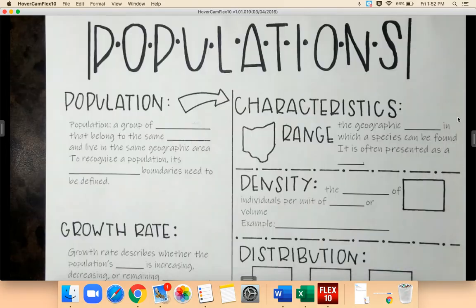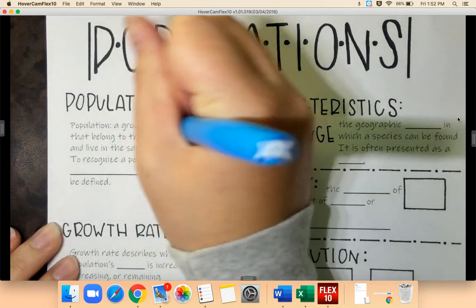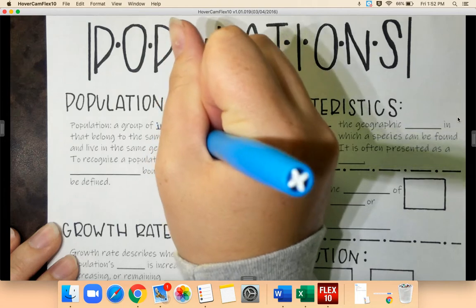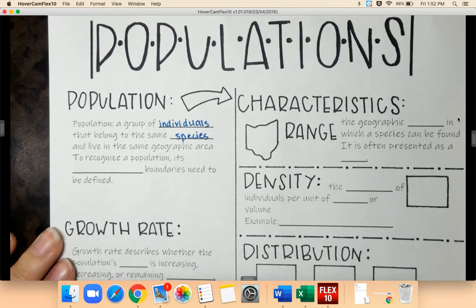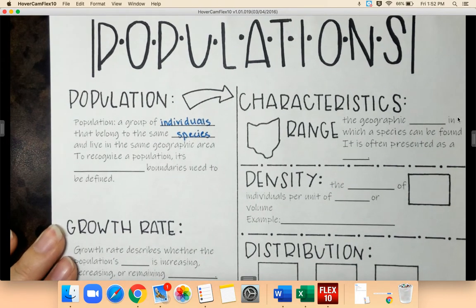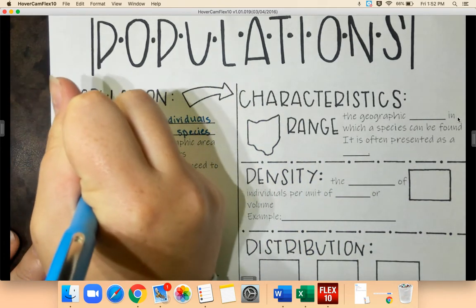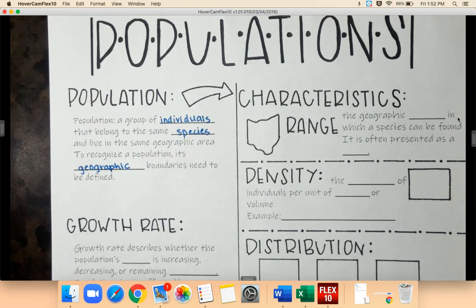So the first thing that we need to do is define a population. Now, a population is a group of individuals that belong to the same species and live in the same geographic area. So in order to recognize a population, its geographic boundaries must be defined. What that means is that regardless of where we're talking about, what species, we have to define those geographic